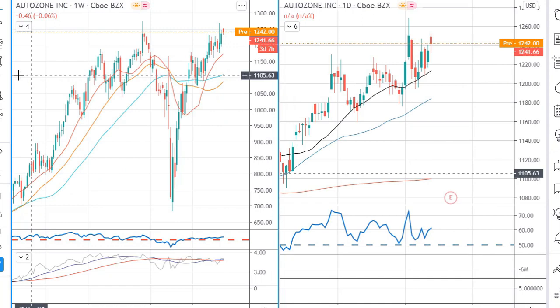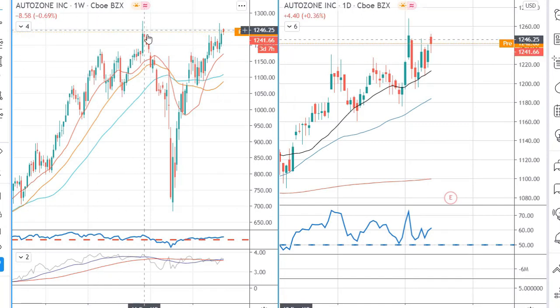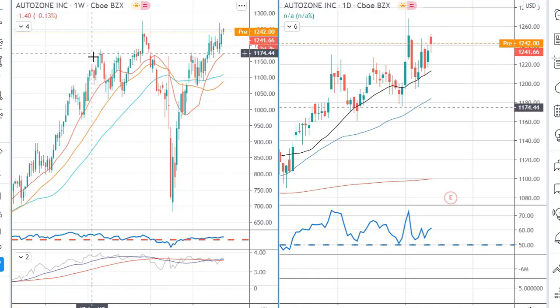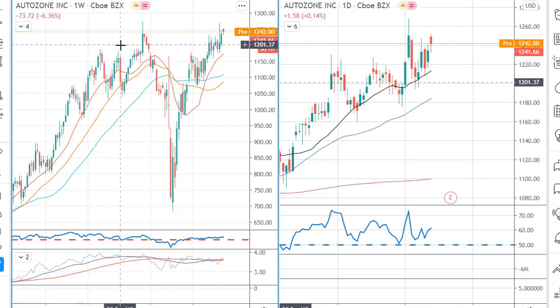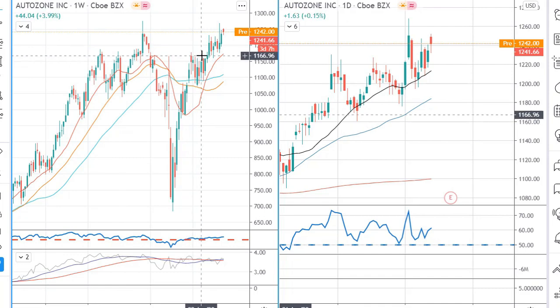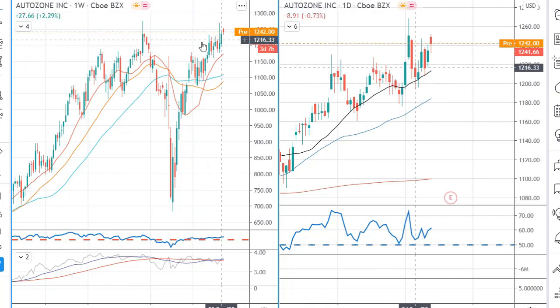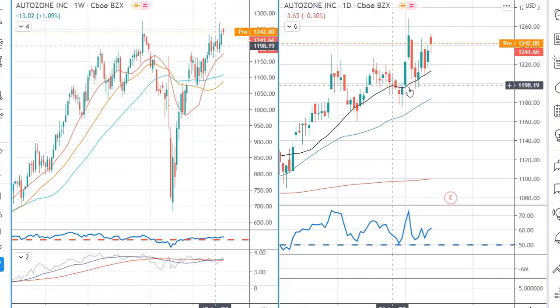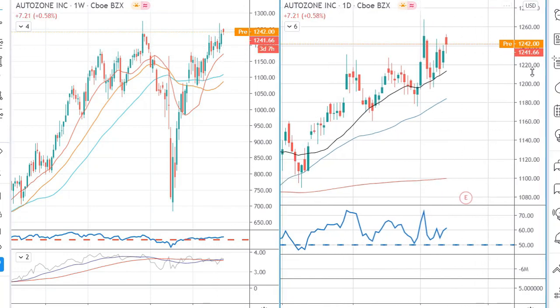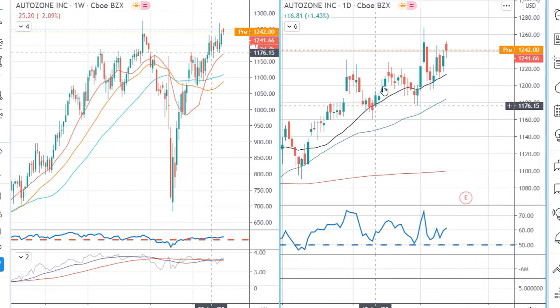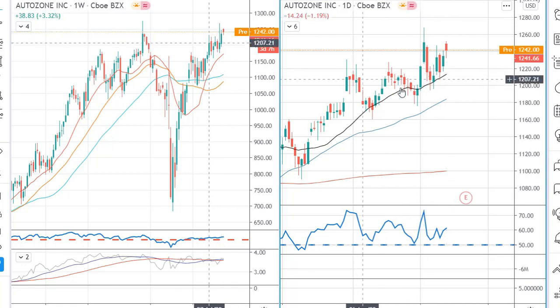Then we have AutoZone, also one where we had a top here, but I'm not too worried about this. I'm more worried about these multiple tops where a lot of sellers might get in, like an area here. So right now, I'm not too interested in this top here. What I am interested in with AutoZone is to see the bounces off the 20 SMA, and it seems like